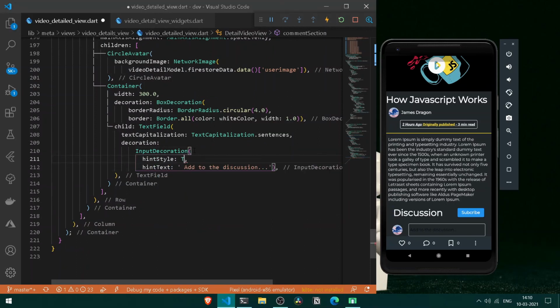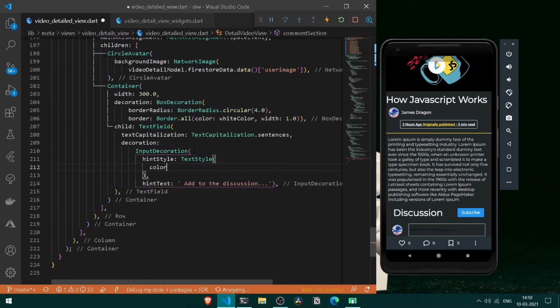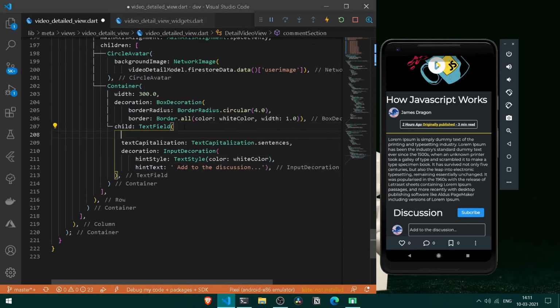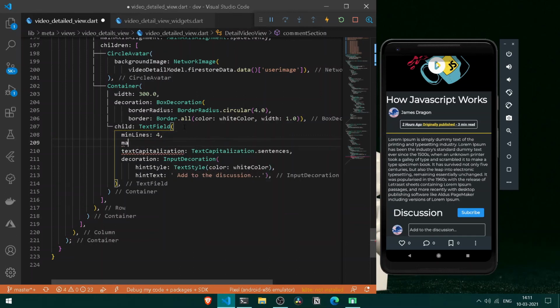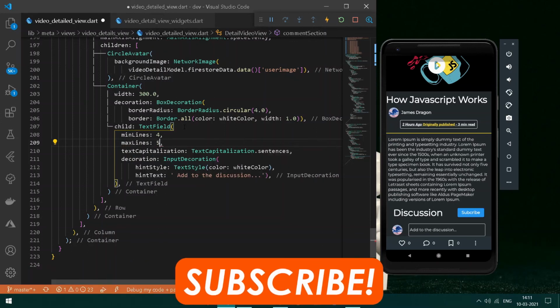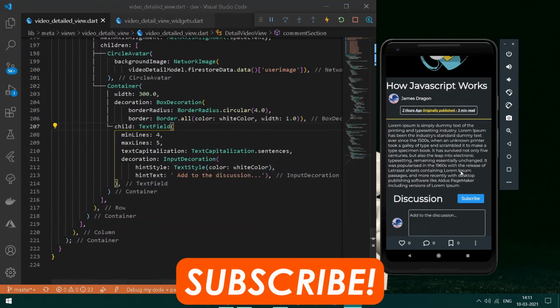So here let's have a hint style to be a new text style. Under this let's have a color to it. So here let's have color to be a white color, and also we shall be requiring some of the properties here. So here let's have minimum lines to our entire thing to be of 4, and also some maximum lines, alright, not max length but max lines of 5. Press Ctrl and S. Cool, so the text field is getting more enlarged.